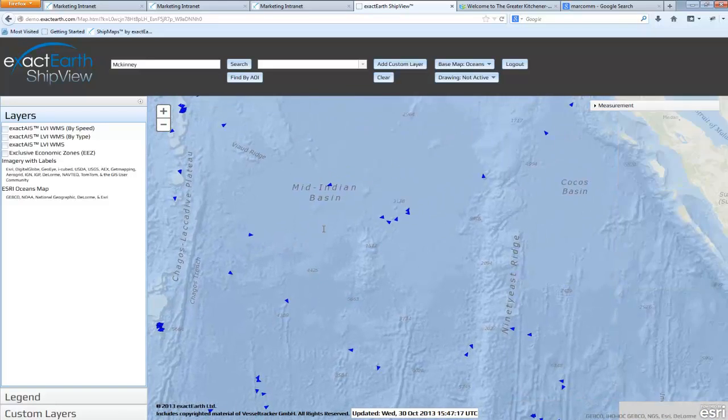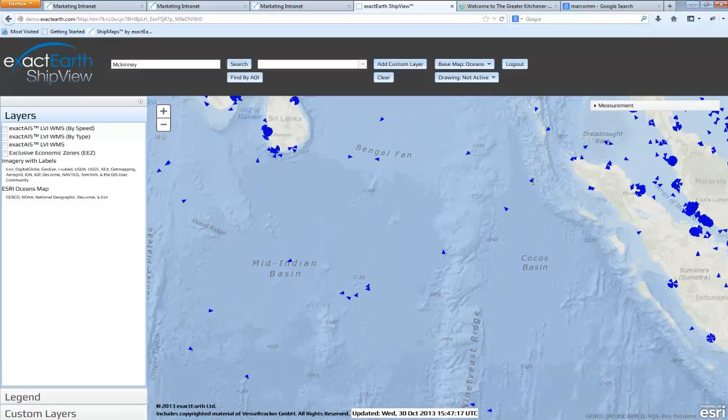As you can see, this could be very useful information to know. It's obvious that a lot of ships around port are going to be going very slow, but you have ships in the middle of the ocean that are going slow, and you may want to know why they're doing that. So this is just a simple piece of intelligence that we've requested to our web map service, and we've been returned this as a separate layer that we can now go and move amongst and find out some more further information.